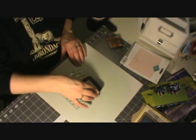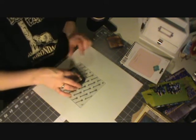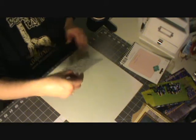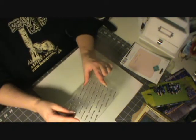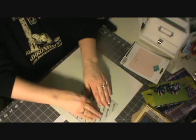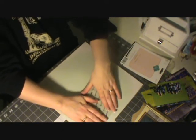So I'm going to use this Tim Holtz Distressing ink, just because I don't want it to be too strong, or maybe not as faded, I'm hoping. Let's see, this little plastic came with it, and it's supposed to be the ink pad. I guess it'll do the trick, we'll see. Just make sure you push down on it. I probably should put some underneath to give me a little bit more of a...